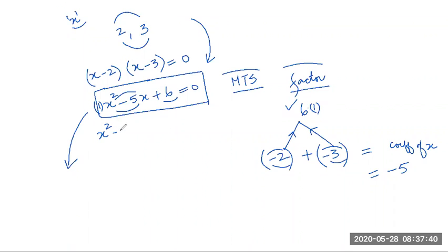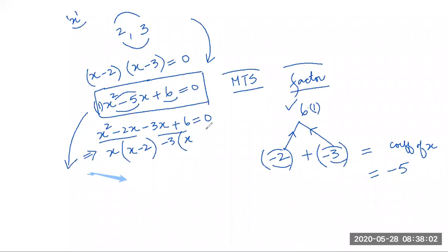So we will split the middle term: x square minus 2x minus 3x plus 6 is equal to 0. Please don't write on the screen. Now, take x common from the first two terms: x minus 2. Take minus 3 common from the last two. You again get x minus 2 is equal to 0. Now, take x minus 2 common. It becomes (x minus 2) into (x minus 3) is equal to 0.